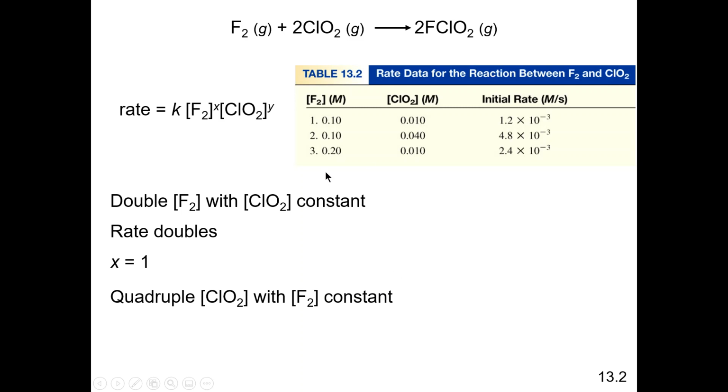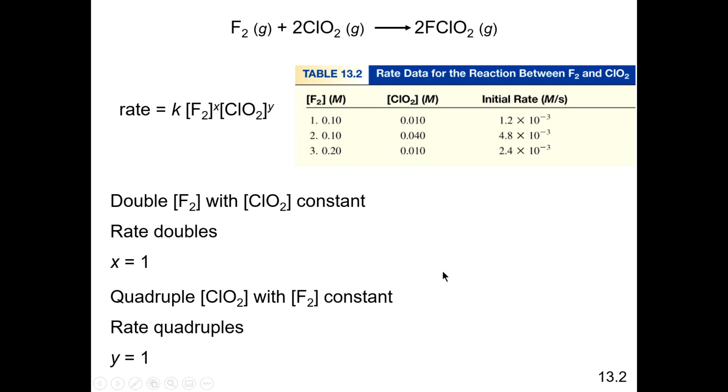Now, in the case of ClO2, if you compare the first two sets of data here, you'll notice that when the ClO2 concentration is quadrupled from 0.010 to 0.04, while the concentration of fluorine is constant, the initial rate is also quadrupled. So again, there's a linear relationship between the rate of reaction and the concentration of the ClO2. So what that tells us also is that the order of the reaction with respect to the ClO2 is 1,